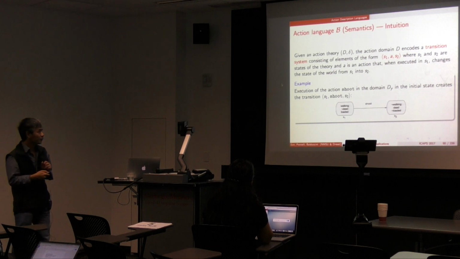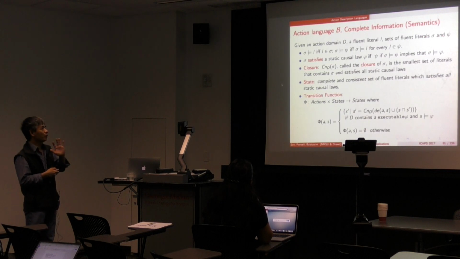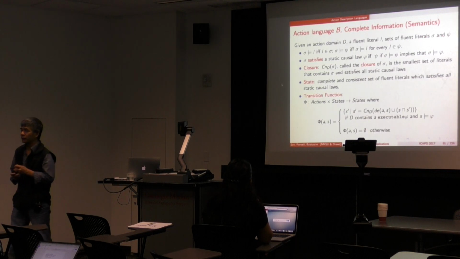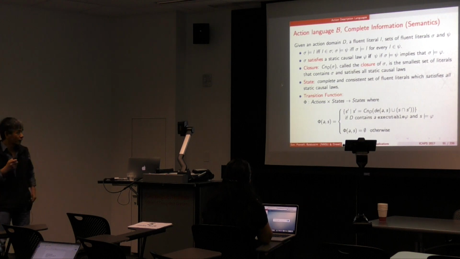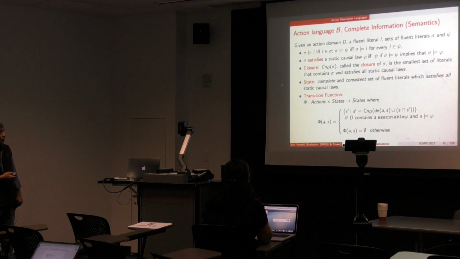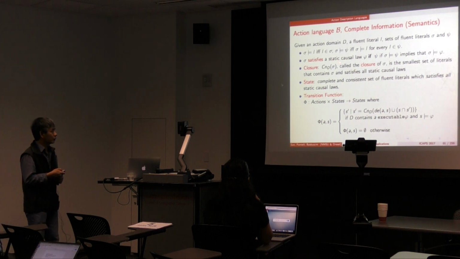I will not go over the formal definition of the transition function, but I wanted to mention how static causal laws are dealt with in the action language. Basically, we define a closure of a set of literals,